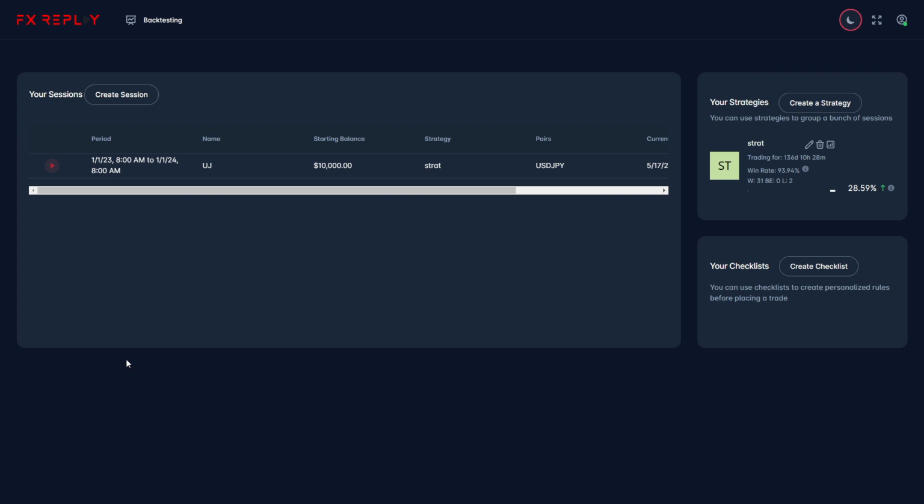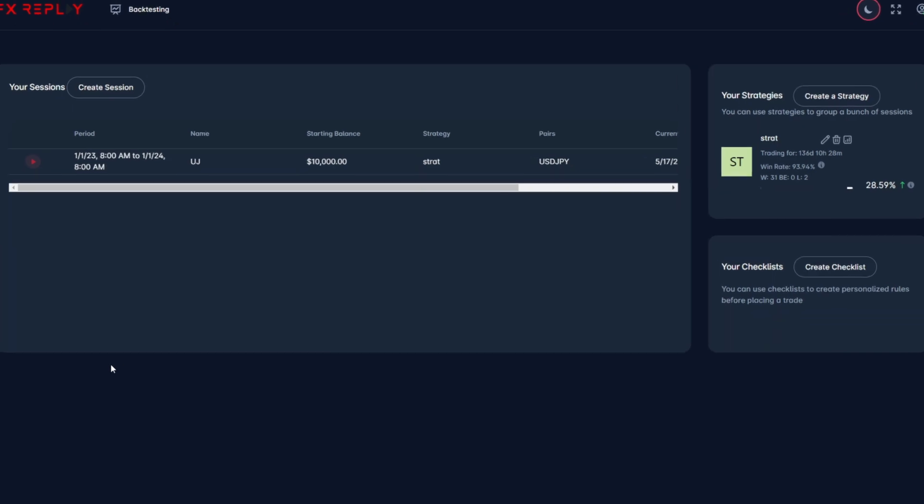The reason for that is because I took a trade with 6 take profits, and the last take profit had a risk reward ratio of 6 point something, I believe. And so all take profits were hit. And yeah, I'm up by almost 30%. My win rate is almost at 94%, which is pretty insane. So let's just see if today's episode is gonna end as well as yesterday's episode did.